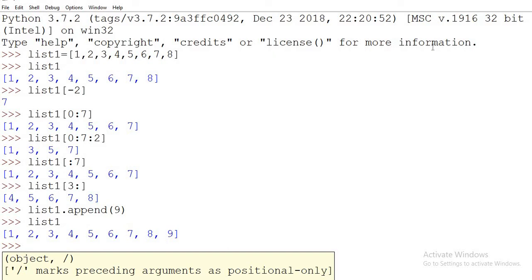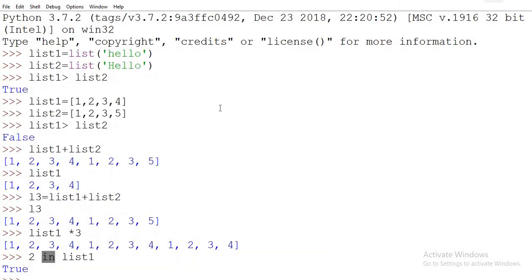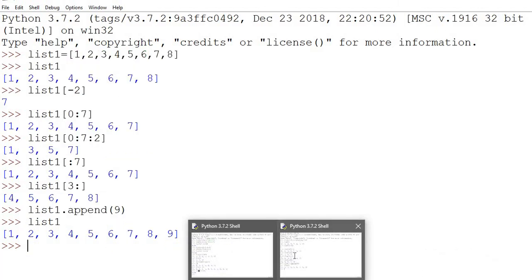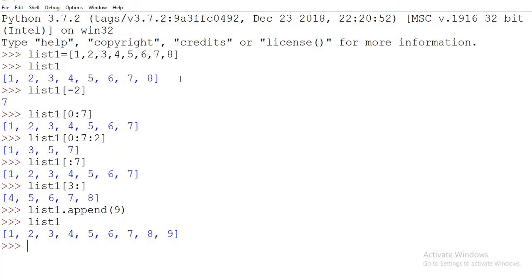Because in case of concatenation, if you are concatenating two separate lists and you are not storing it anywhere, it is not going to directly affect your actual list, because the value will not hamper your actual list. But if you want to update your own list, then you have to use the append function. That append function is the thing which can make changes in your own list. The original list will change.